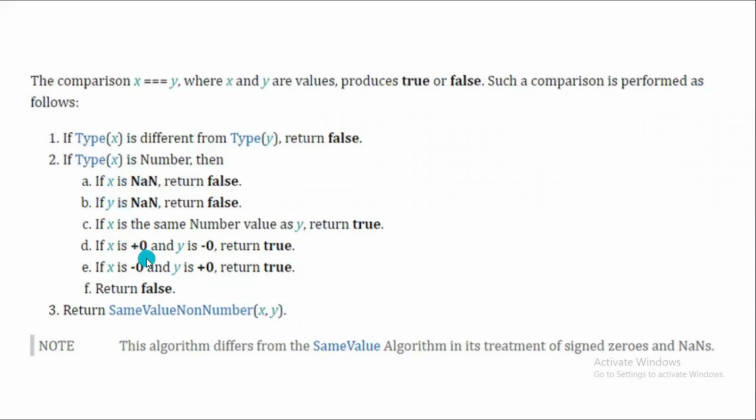Now if you are comparing plus 0 or minus 0, it is going to return true. Okay, if you compare plus 0 on the left hand side and minus 0 on the right hand side, this is the same. And if you have minus 0 on the left side and plus 0 on the right side, again it will return true. And apart from this, if x is the same number as the y value, it is going to return true. So this is the algorithm for triple equal to. Okay, so here you just need to remember